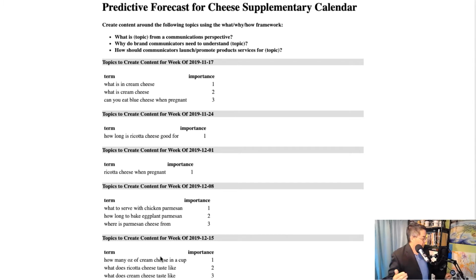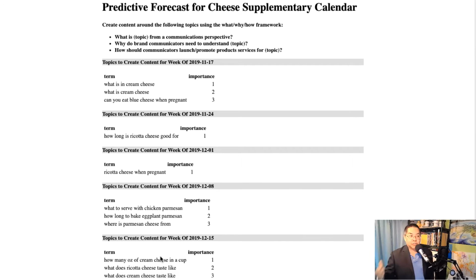I remember when I was working agency side, I would watch teams do this kind of planning, and they would burn hours and hours each week just saying, well, what are we going to do for this client? What are we going to do? They lost that time, hours and hours each week, instead of having this predictive calendar to say, hey, this is what we're doing this week.